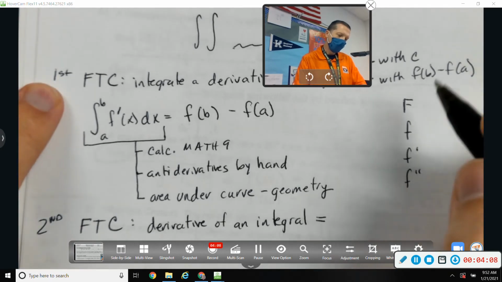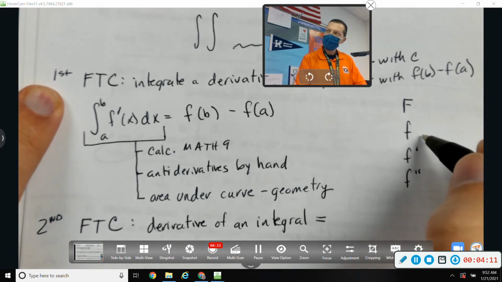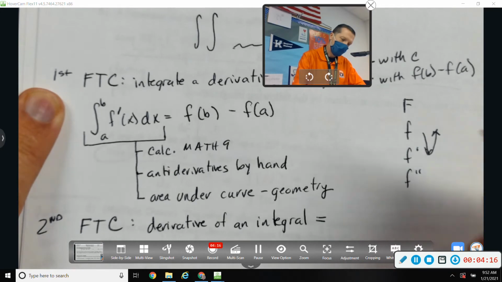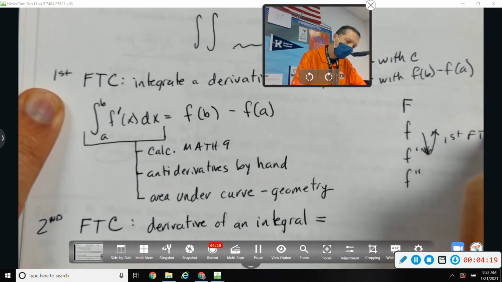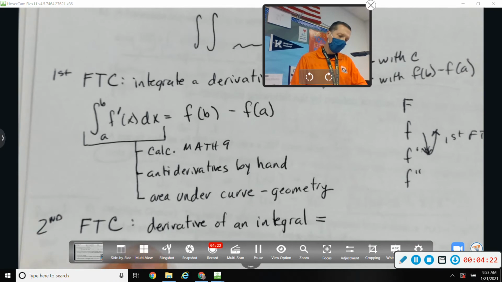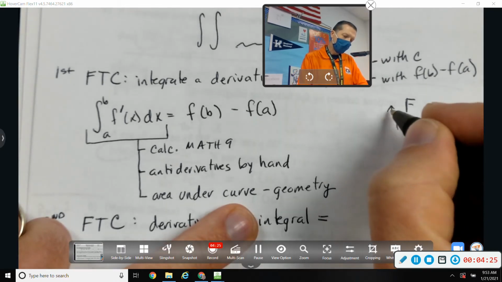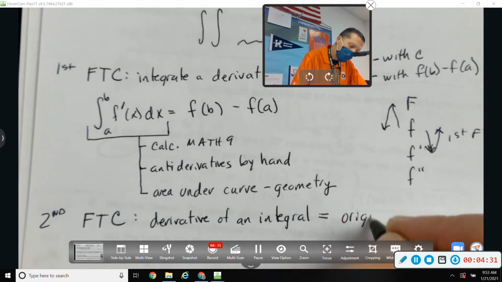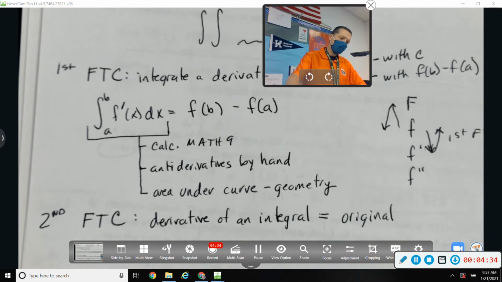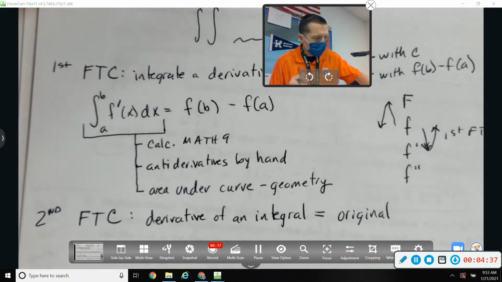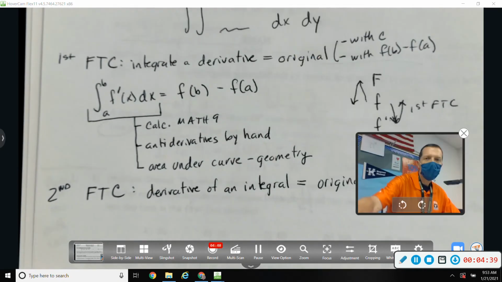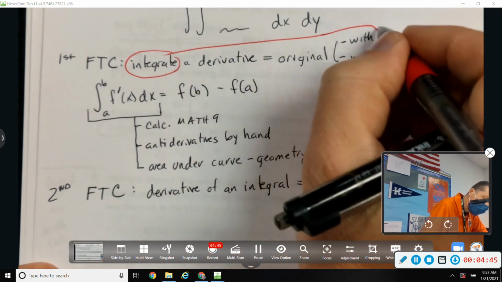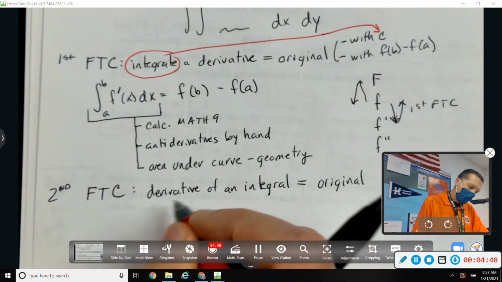So first fundamental theorem is if you integrate a derivative, so you take a derivative and then you integrate it, you're back to where you started. The second fundamental theorem is if you take the derivative of an integral, so you integrate and then you take its derivative, you're also back to where you started. But we need to be careful on this one because just like integration, the big thing with integration is don't forget the plus c. The big thing with taking a derivative